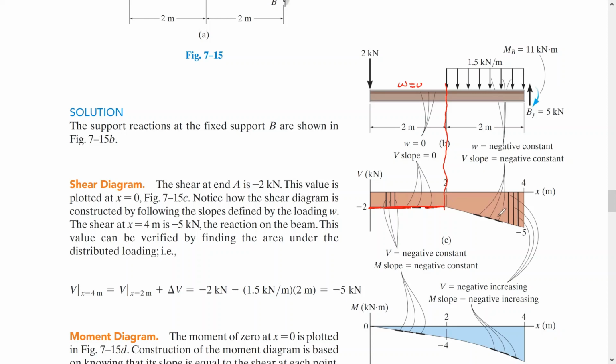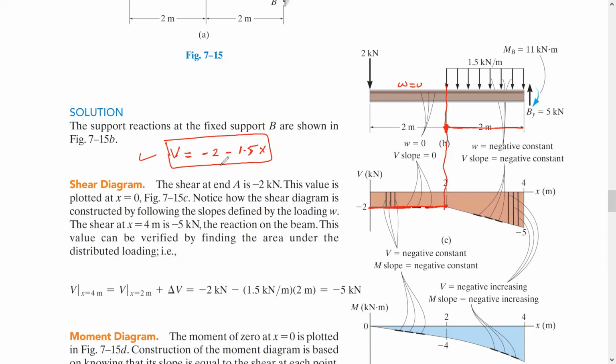And on this side we find it -1.5. Just a minute, guys. Let me get back to the equation. Yeah, we got it here. So V is -2 minus 1.5x. So, but x comes from here. This is x, okay? It's starting from here, Shabab. So if you apply x is equal 0 here, so you will get V is -2. وهذا صحيح. ماشي؟